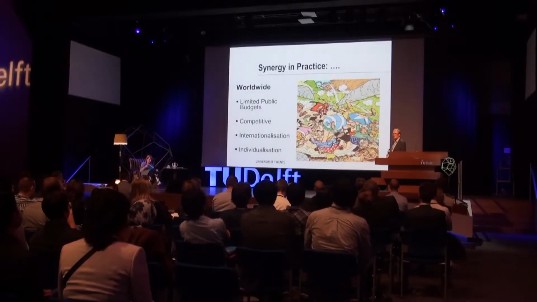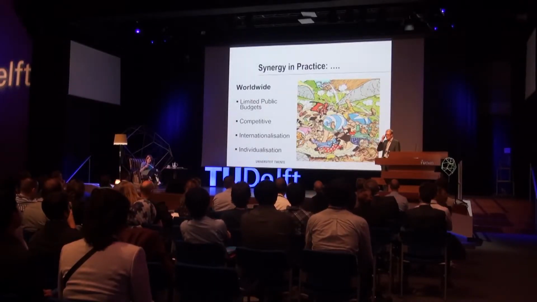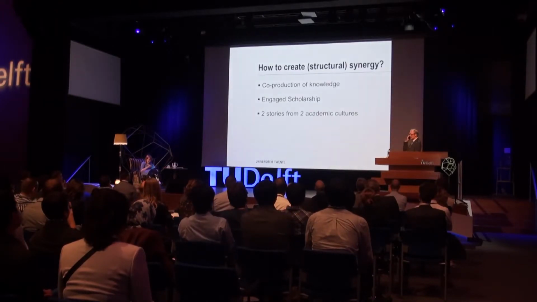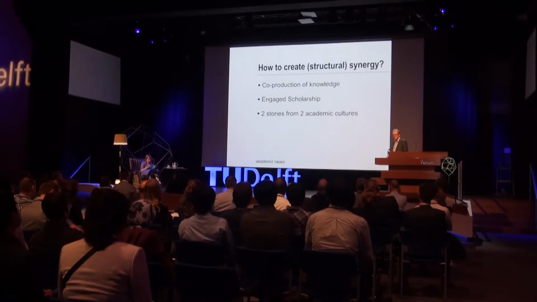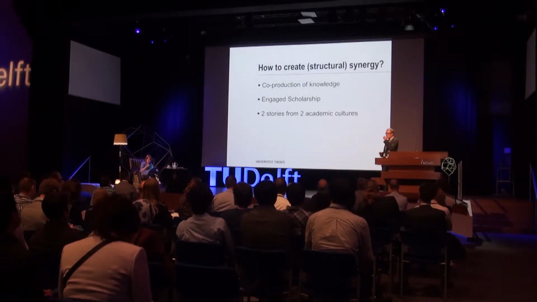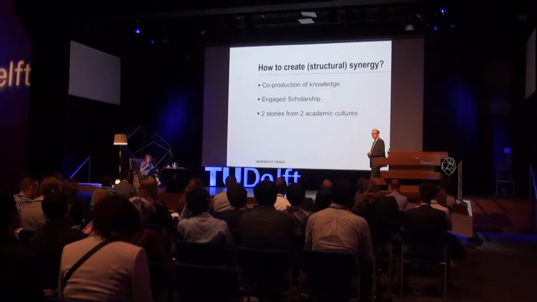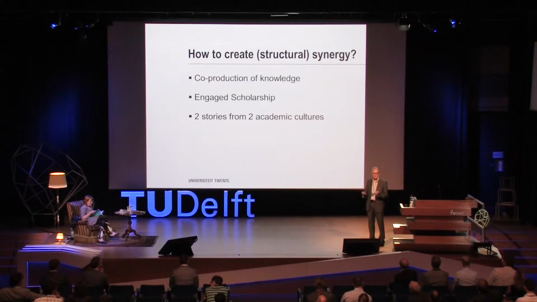And often you get these kind of battles, right? This is what happened in our universities. So how do you create structured synergy? I think that's a basic challenge, and I really believe in what I call co-production of knowledge. It's also one of these buzzwords. Engaged scholarship, working together between practice and science, but also between different disciplines. Sometimes people say that it's engaged scholarship. Engaging people all the time is very important. I think this happening is all about that, bringing people together, but also trying to engage each other.